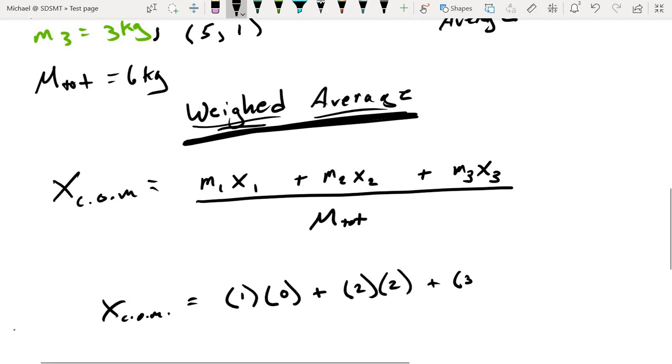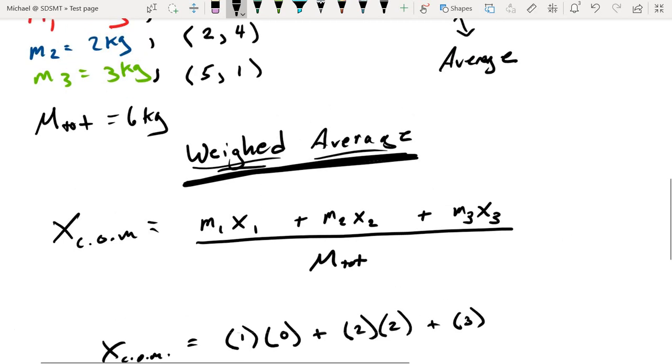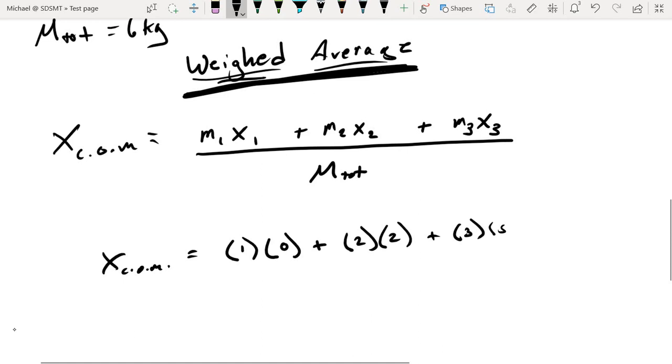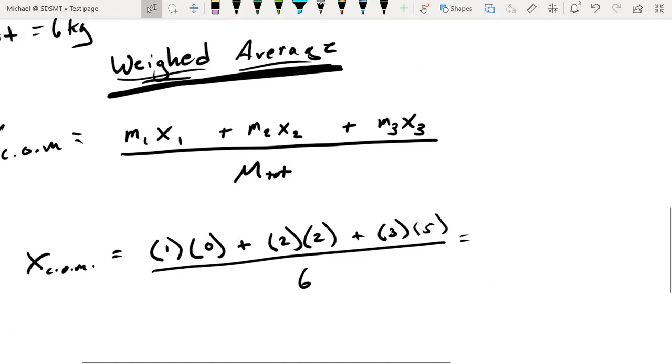And mass 3 is 3. x3 is 5. All divided by the total mass in the system. So we have, what is this, 19 over 6, which is going to be 3 1/6, or if we convert that